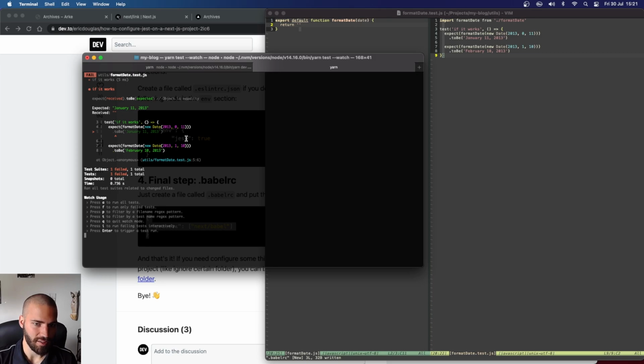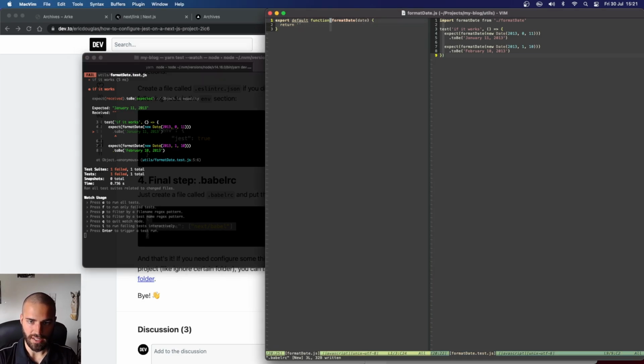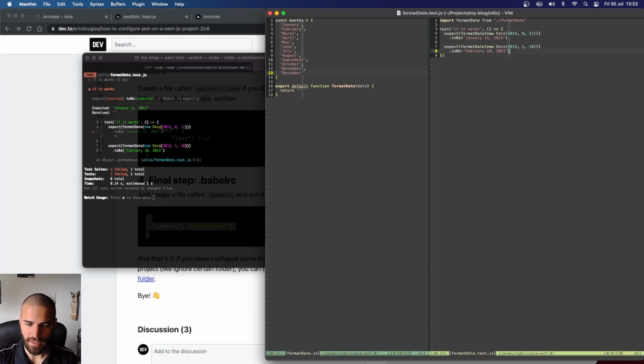So now we can see that our test doesn't pass because it receives an empty string, but it wants to receive this. So let's just make sure that this format date function works. So let's create an array with months here. January. That's correct, right? Let's actually, instead of just checking if it's correct, let's add December here. Instead of me trying to count this correctly, I know that December will be the 12th. So this is 0 index, obviously. So the 12th month. So I just make sure to add that to the test so we know that it's correct. So what we now want is first to check the months,